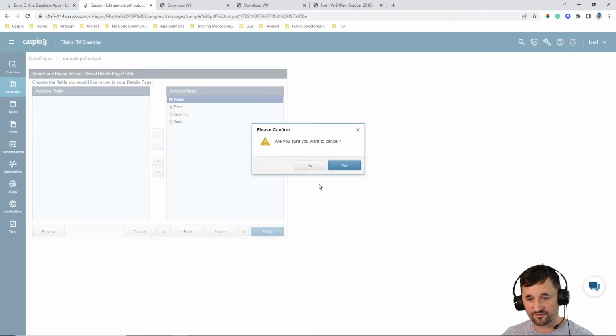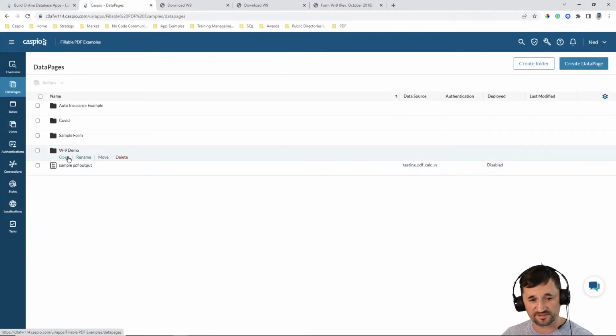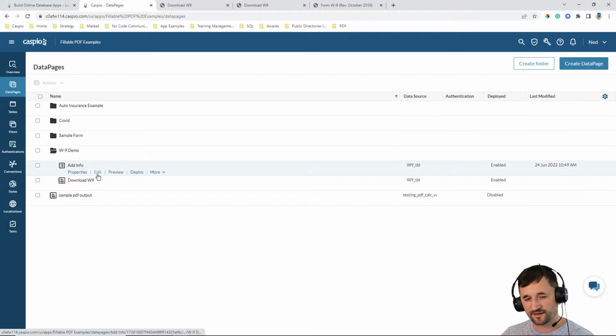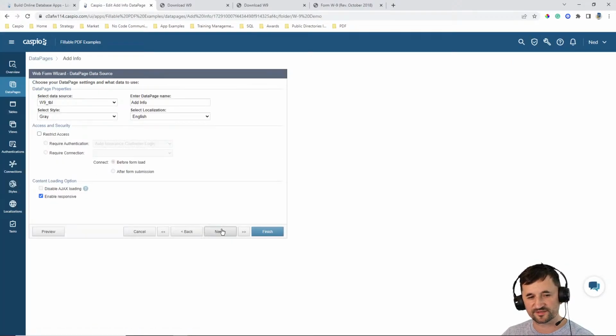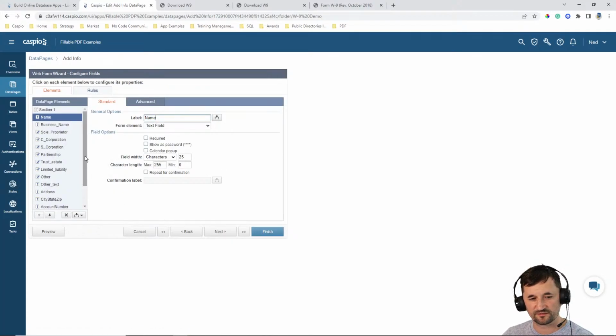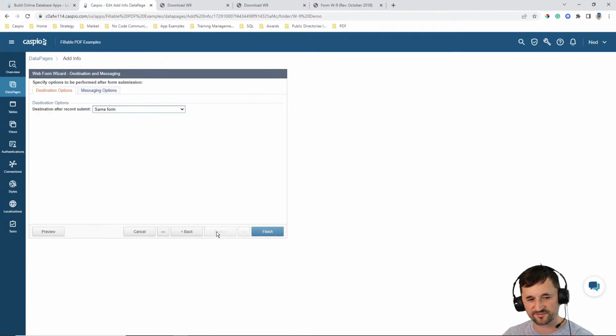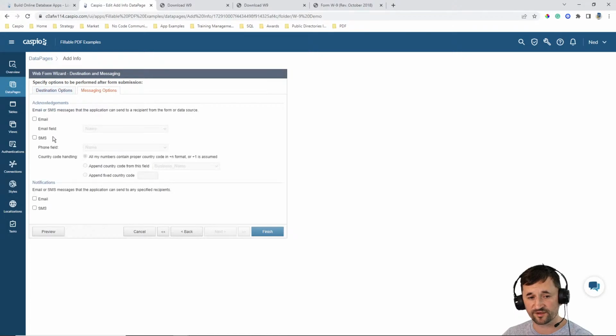No, that is a wrong form. So let me see my W9. I don't think I have a phone number field here. Let me see. I don't have a phone number field, but let me see if it still allows me to do anything with the messaging. So if we enable SMS,